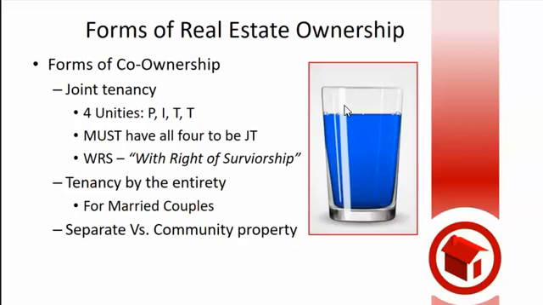Now, it's still an undividable interest, meaning Singh owns 33.3333% of everything in the building. He can't take his 33 chairs and go home. No, he owns a third of every chair. I own a third of every chair. Maggie owns a third of every chair. So we share another unity called the interest. We have to have the same amount of interest. No more disproportional shares allowed. All right?